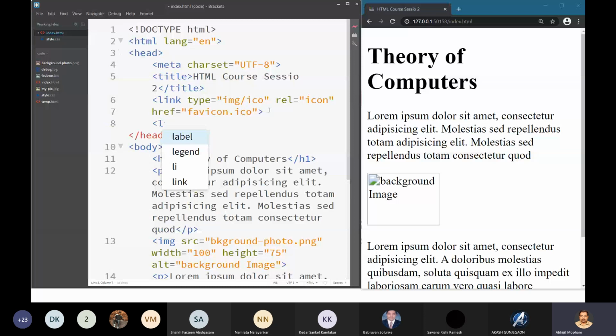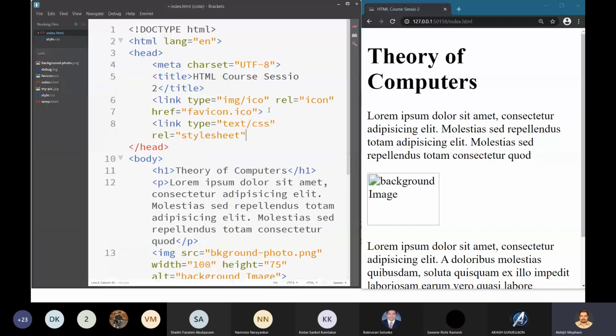Then I will say type is what? text/css. It is a text file, and that text file contains the CSS rules. And then the relation: what is the relation of this document? It is a style sheet. The relation of this CSS file with this HTML document is that it is a style sheet that has to be applied.